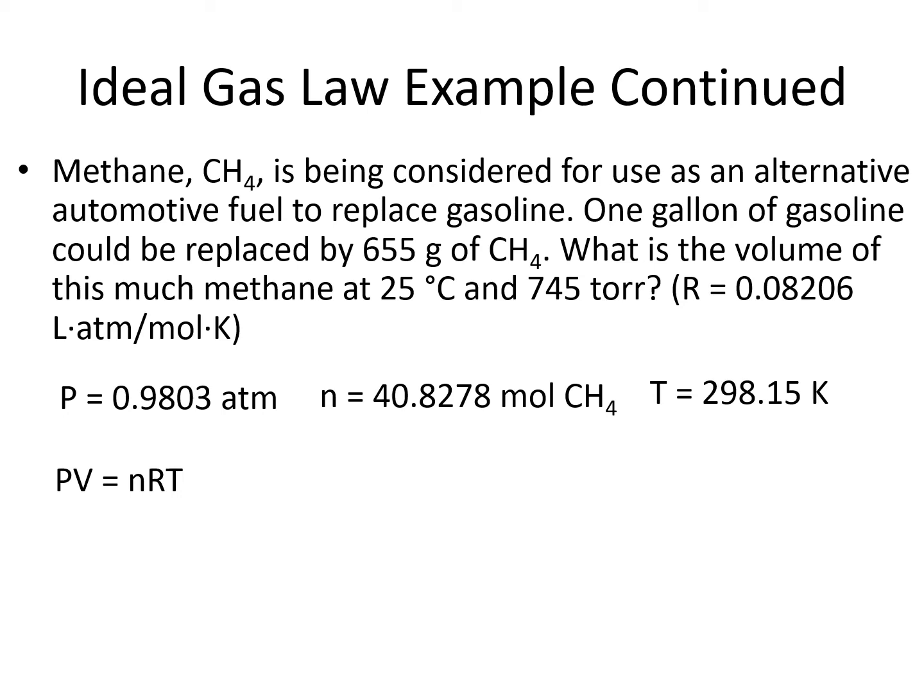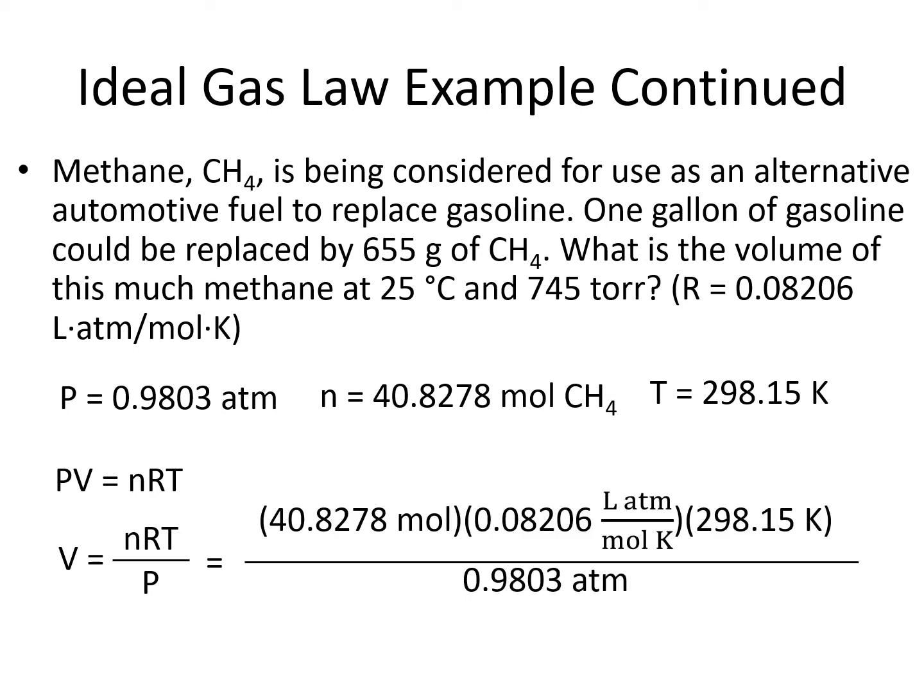To get volume by itself, we divide both sides by P. Our rearranged equation is volume equals nRT divided by P. Now we can plug in our values. We plug in our number of moles, which is 40.8278. We plug in the value for R,